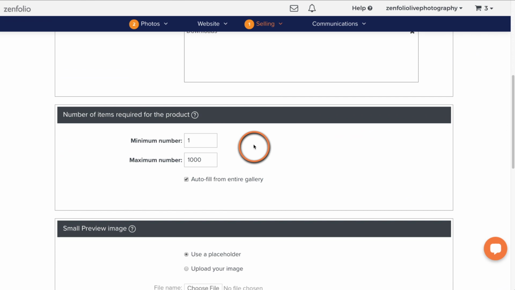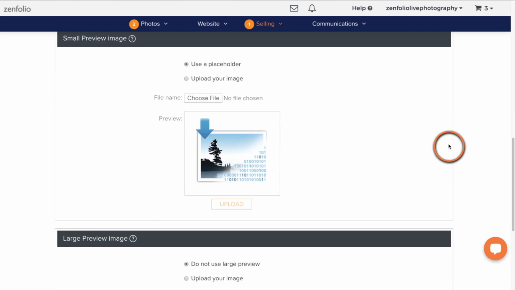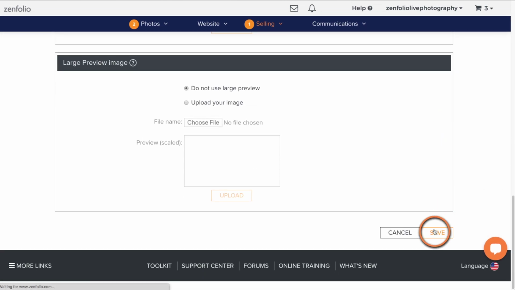You don't want to set a low number cap because you want this digital product to work for all of your client galleries, and it's going to cap out at 1,000, but it's not going to have a lower number cap. So it will work for clients that have 10 photos in their gallery. It will work for clients that have 30, clients that have 600, etc. Now we're just going to scroll down to the bottom and click Save.